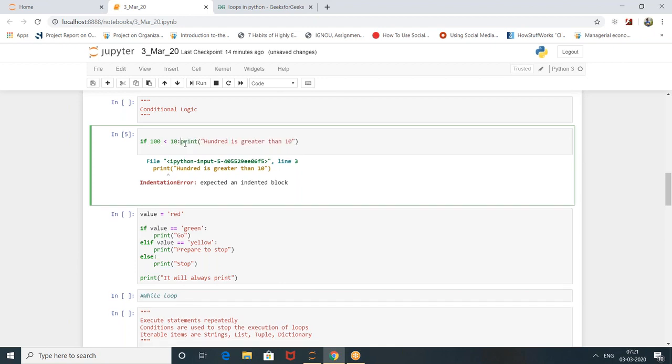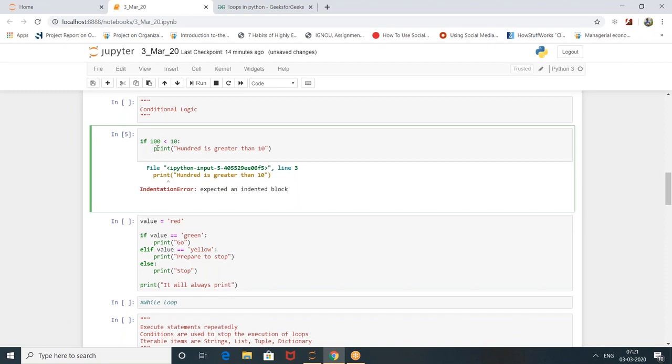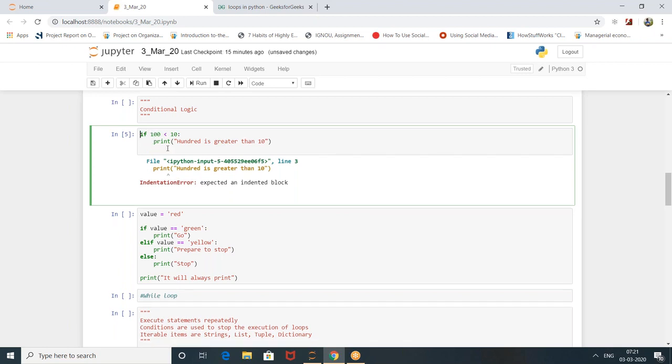when you are in Anaconda, when you press enter, it will automatically give you the four spaces. But when you do it on the normal CMD command prompt Python, it might not give you. Or if you do it in a notepad, it might not give you. So be very careful. These errors are pretty common, the indentation errors. When the program is pretty big, sometimes we might miss it. So when you get such kind of indentation error, understand at what line you have missed this indentation.